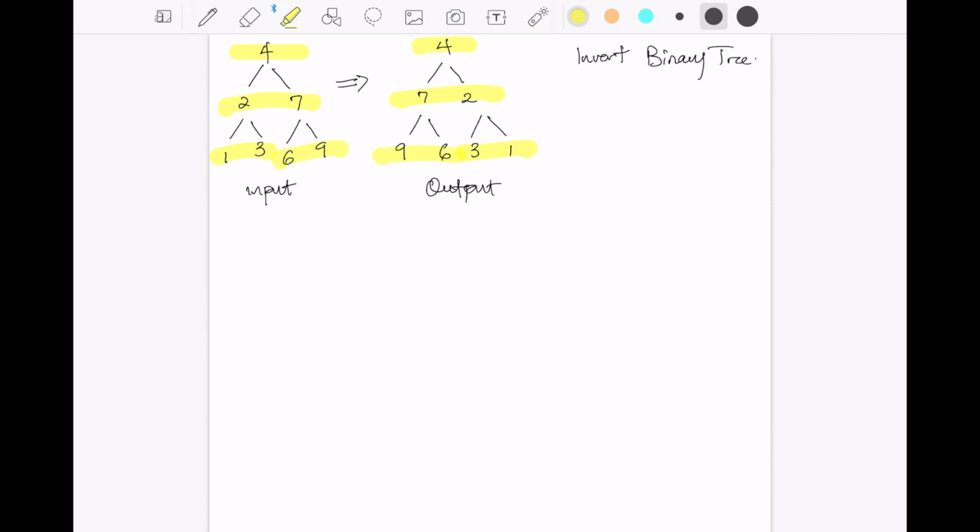Another way we can look at this to properly understand it is for each node, the left and right subtrees have been swapped. So for 4, it's 2 and 7, but over here in the output, for 4, it's 7 and 2. For 2, it's 1 and 3, but over here in the output, it's 3 and 1. So